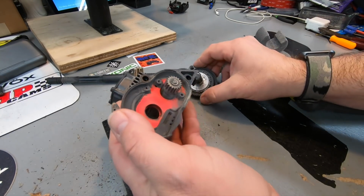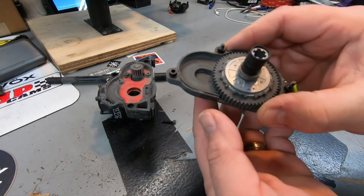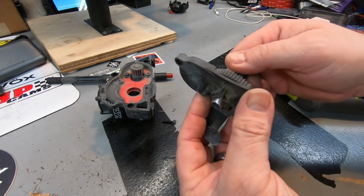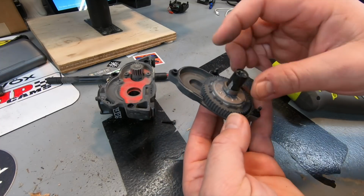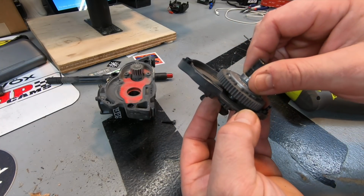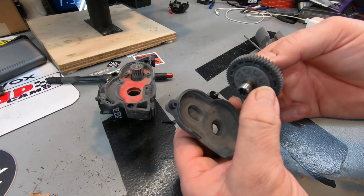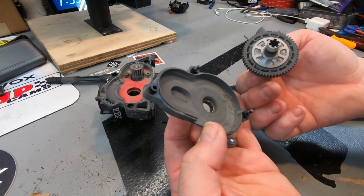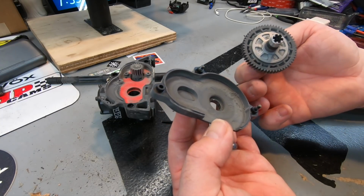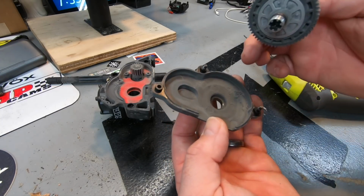Now, I'm going to get a look at this gear. The gear itself seems like it's fine. There's not many miles on it. The bearing is fine there. Check the bearing on the other side. And there's a lot of just dust in there, so I wonder, could that be slipper clutch dust, or are we talking...